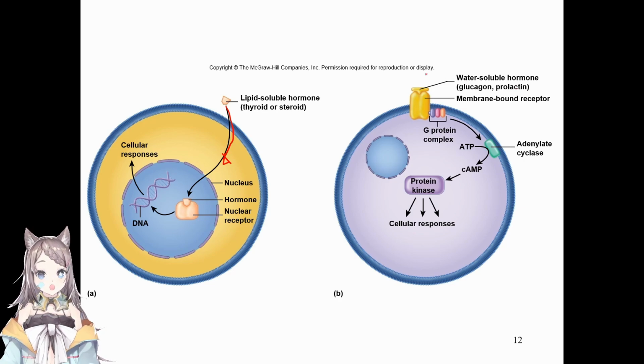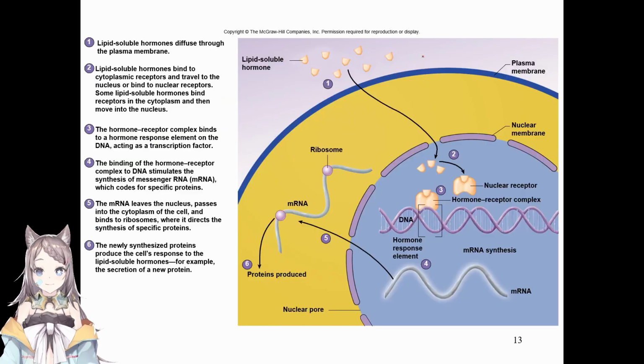While for our water-soluble hormone, it needs to pass through certain receptors first before they can be taken up into the cell. Or before they can exert their effects, they must act on something on the lipid or our phospholipid bilayer first, or on the cell membrane. Okay, so this is the general way on how our lipid-soluble hormones react.